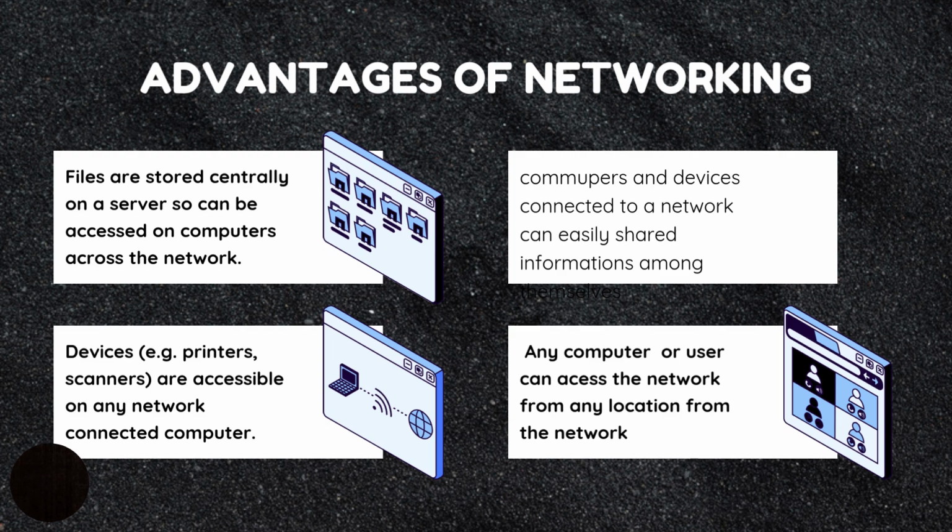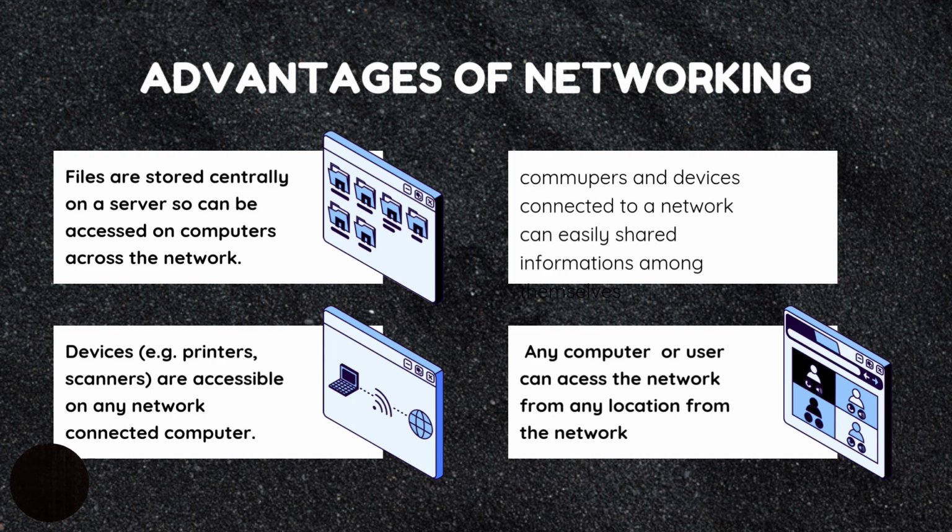Next, we have devices such as printers and scanners that can be accessed by any other device in the network, thereby reducing costs. Imagine in a school, the principal and each vice principal are supposed to buy a printer. All of them being connected to a network, they can just use a single printer and all the work will be done.